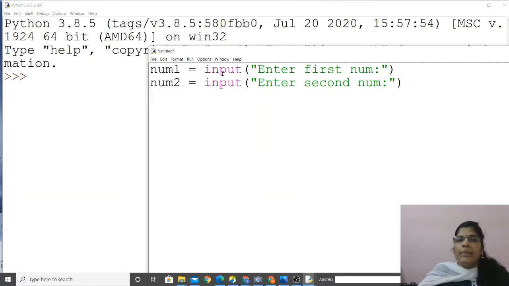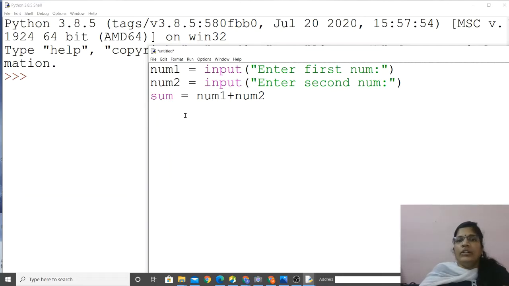The first step, input, is over. Then processing. We are writing a program for adding two numbers, right? So after adding, the result will be stored in the variable called sum is equal to num1 plus num2. Okay, so process is over.